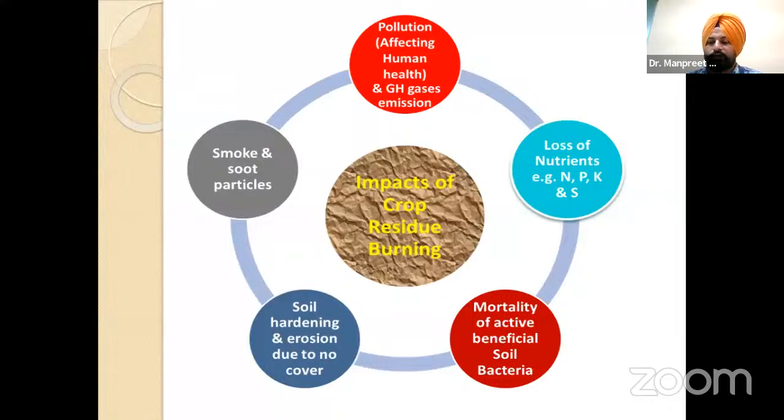क्योंकि जो हम क्रॉप रेजिड्यू बर्निंग करते हैं किसी भी क्रॉप का, मोस्टली राइस के सीजन में बड़ी बात होती है कि क्रॉप रेजिड्यू बर्न किया जाता है, तो उसके जो मेजर नुकसान या लॉन्ग टर्म इम्पैक्ट्स क्या हैं? सबसे पहले आ गया पोल्यूशन, एयर पोल्यूशन, सॉइल पोल्यूशन। उससे ह्यूमन हेल्थ अफेक्ट होती है, ग्रीन हाउस गैसेज एमिशन होती है, एनवायरनमेंट और इकोसिस्टम का बैलेंस डिस्टर्ब होता है। उसके बाद लॉस ऑफ न्यूट्रिएंट्स, नाइट्रोजन, फास्फोरस, पोटेशियम, सल्फर, जैसे मैंने आपको बताया, अगर बर्न करते हैं तो देयर आर प्लेंटी ऑफ न्यूट्रिएंट्स जो सीधे के सीधे बर्न हो जाते हैं हमारे क्रॉप रेजिड्यू में।